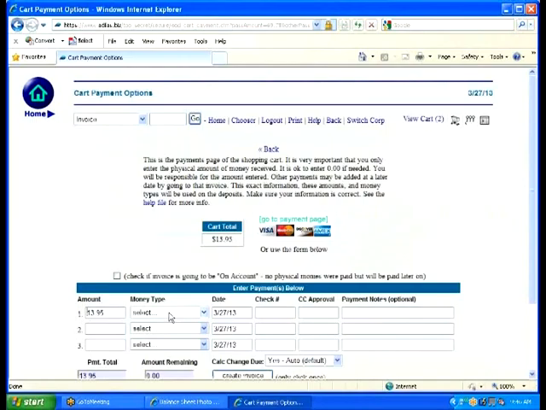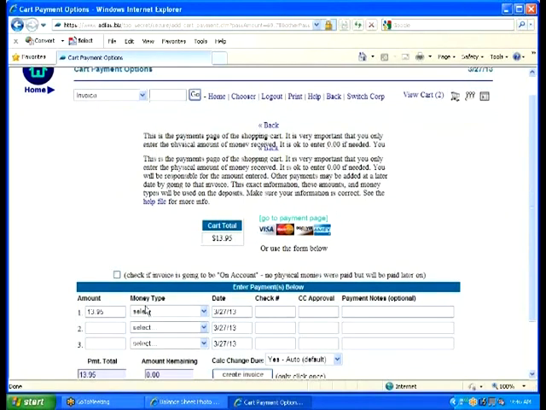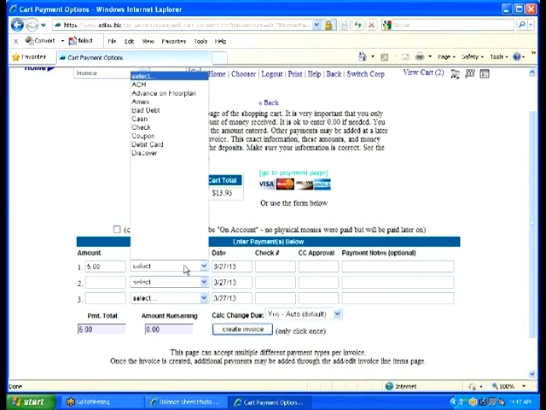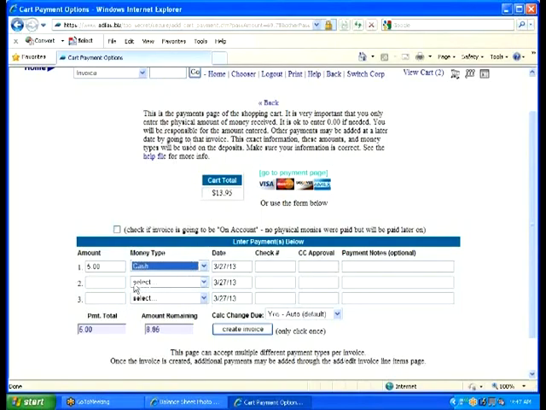We can even split payments. So if we wanted to split payments, say they're like, I know that this is a teeny amount, but this is just for concept, okay? So basically, say something like this. Say they're like, hey, I have $5 cash. We basically can click $5 cash. It automatically tells me what else I'm looking for down here, okay? It's trying to help me out and saying, hey, they still owe $8.95. So I could go $8.95